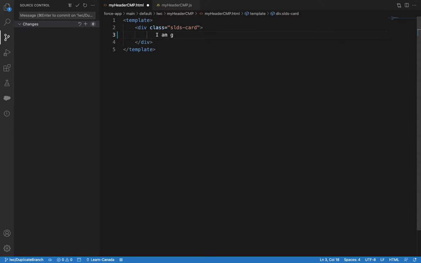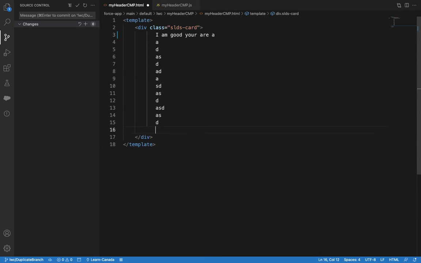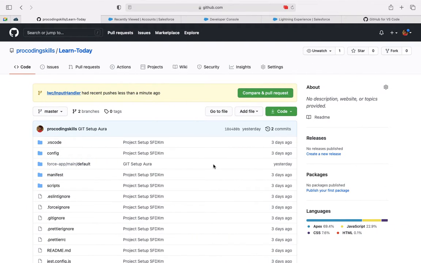I said everything is good. I am good. You are bad. Some random stuff. Okay. I'm just making some random stuff. So if these are my changes, I'm trying to commit these changes to my branch. Random test commit. So let's say there are two developers working on the same file. They have modified the code and they committed to the repository. Now tell me which version of the code is correct, which is right or wrong. We cannot decide, right? The system will not understand for sure.